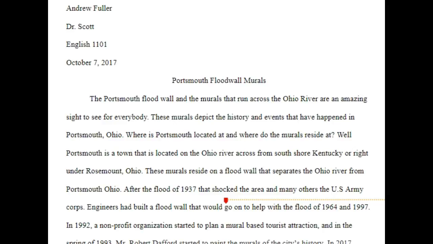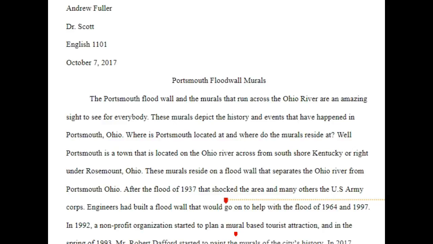So I'll talk you through really quickly what I'm seeing here, and hopefully this can help in your revision as you start over and do the work of analyzing two murals. Again, one of the important objectives for the assignment is your ability to integrate sources, and there's a lot of information in your paper. I never learned where that information comes from, and not telling us where it comes from can get you into a little bit of trouble later. You're here to learn how to do this correctly, so it's not going to be that big a deal.